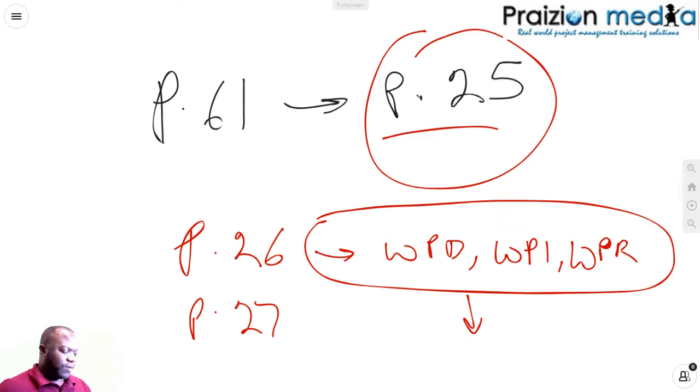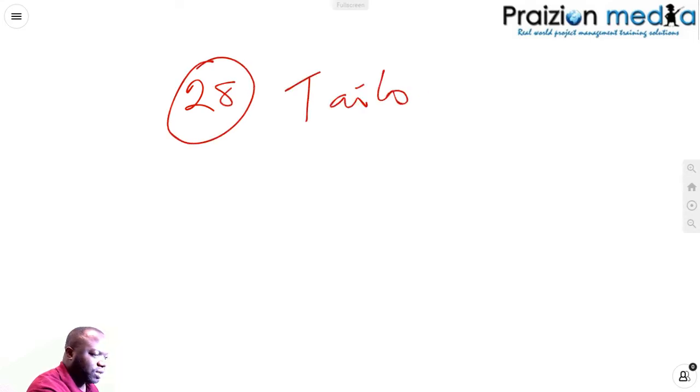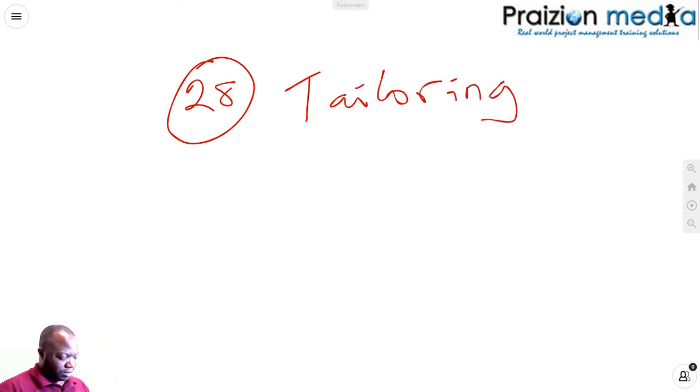Okay, now I quite like what they did on page 28 of chapter 1. Page 28, right up front, and this is what I had suggested in the previous edition, but I'm glad somehow it ended up getting to them, or maybe they thought of it and introduced it. The whole topic of tailoring. I wanted this to be included early in the book, and they did it, and I'm really glad they did that,